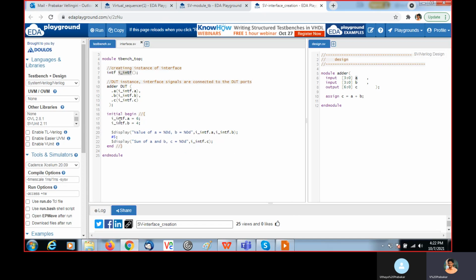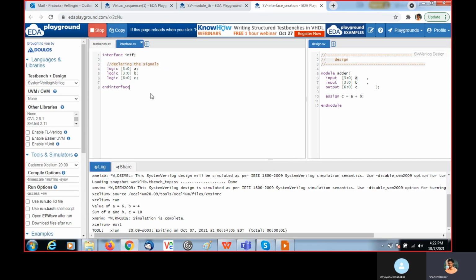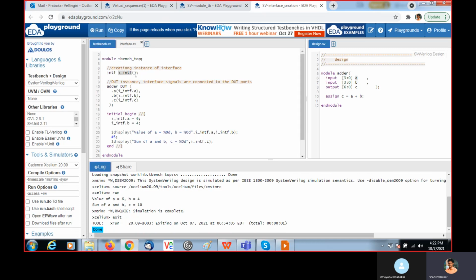INTF A equal to 6, INTF B equal to 4. Then I display the values of A, B, and after that I am checking the value of C. So this is the way we need to write the interface. And this is the way we need to create the handle, which is the actual physical handle of the interface.